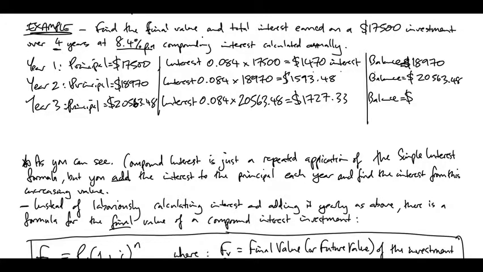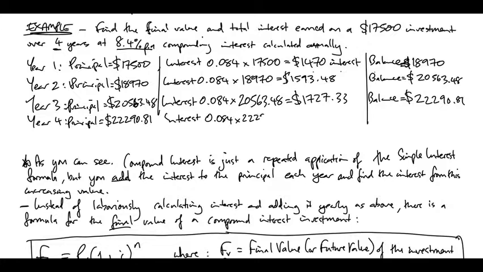2563.48. I know it's laborious, but I want to show you the whole process so you cannot complain. Okay, so the end of the year on 22290.81. And so it's 4 years, so we need to do one more. Principal is what it finished at the end of last year, 22290.81. Interest will be 8.4% of the new number, 22290.81, equals